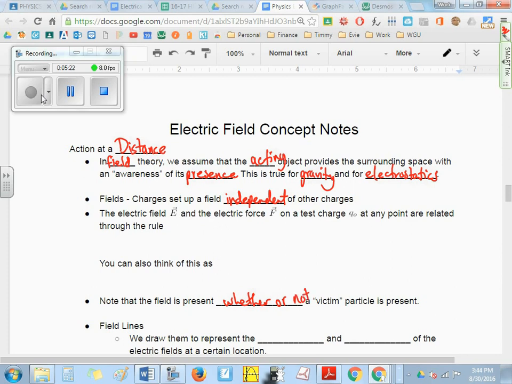Okay? So you do not have to have two charges to have a field. You only need the one. Every charge in this universe sets up an electrical field near itself. Now, field and force both start with F, as our book states, but it doesn't mean they're the same